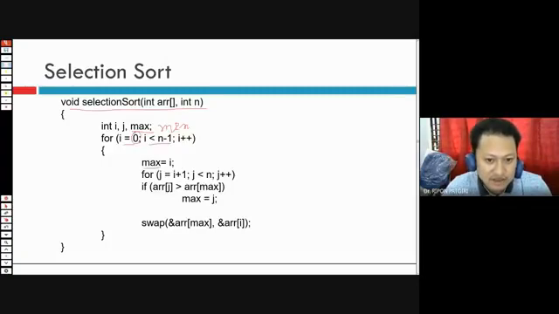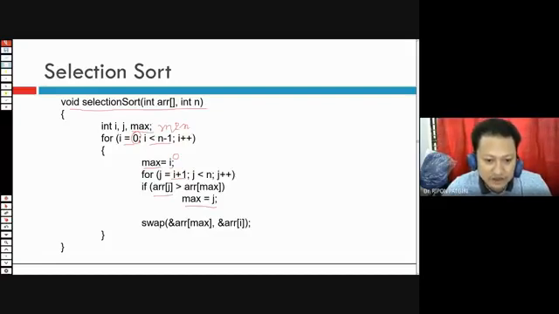Here max is initialized by 0, and j should always start from 0 plus 1, that is 1. Then a of j, that is a of 1, should be greater than max. If it is greater, then max should be modified. Otherwise, it will remain the same.